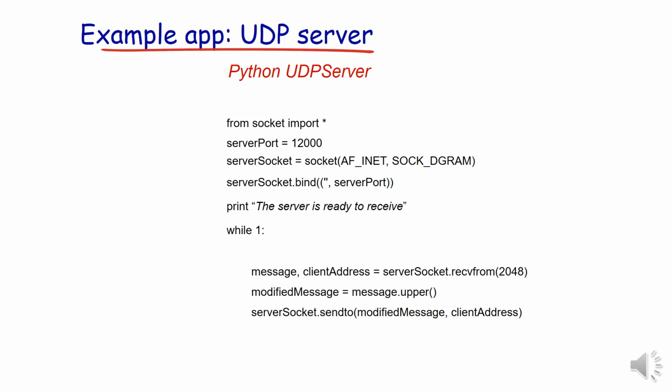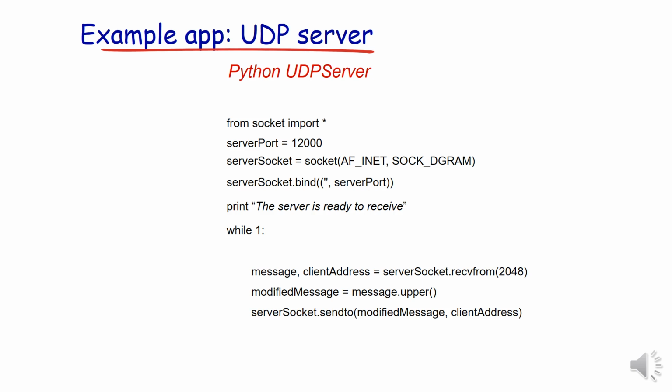Then the server starts reading from the server socket using the method recvfrom, and 2048 means 2k bytes of data is received from the socket. The data is stored into the variable message, and the IP address and the port address, that is the socket address of the client, will also be there along with these 2k bytes of information. So this will return a two-tuple record, and it will be respectively assigned to message and clientAddress. So the client address from where the message arrived will be there in clientAddress.